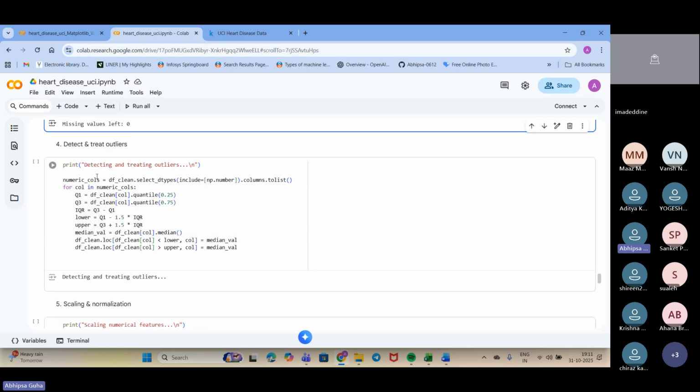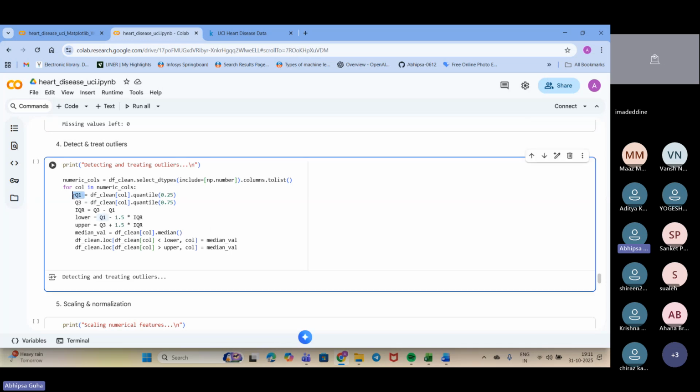Okay, so now we are moving down. We need to treat the outliers. For treating the outliers, we are calculating the interquartile range. There is a quartile of 25% of data and a quartile of 75% of data. So Q1 is 25% of data and Q3 is 75% of data. I subtract the 25% value from the 75% value, and then I get the interquartile range.